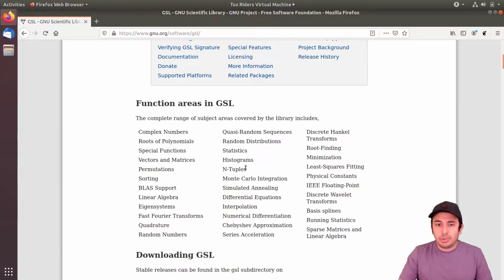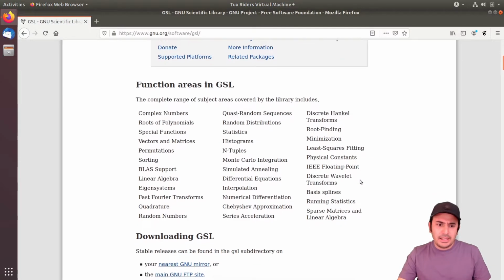This is part of the GNU project, hosted on the gnu.org website, and it has different functionality very similar to, let's say, SciPy, but in C or C++. So if you want to convert Python code or MATLAB code to C or C++, this is indeed a great library. But what we want to do is